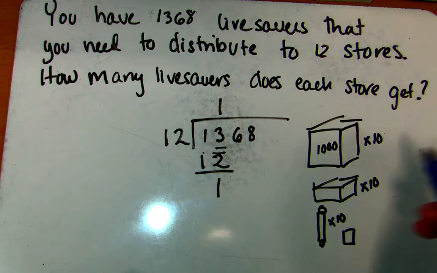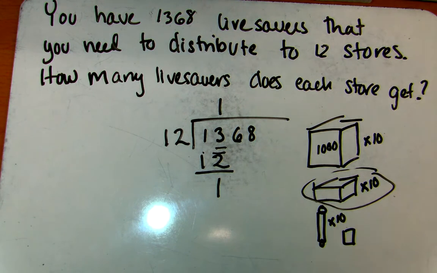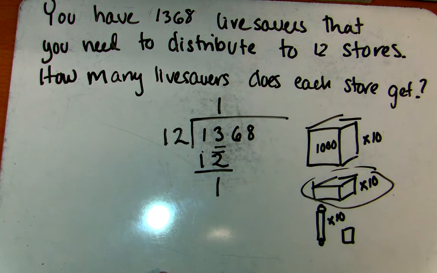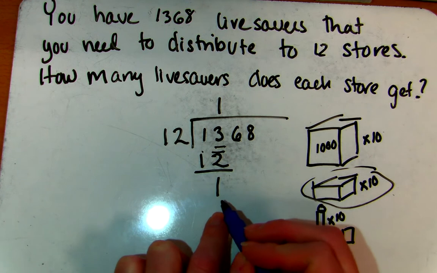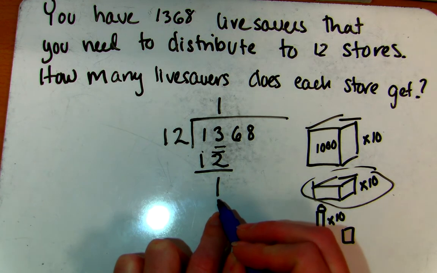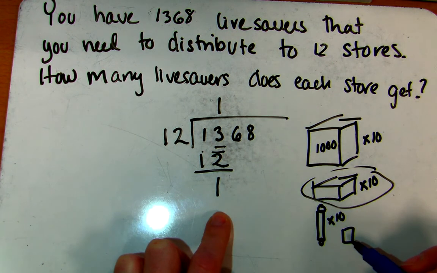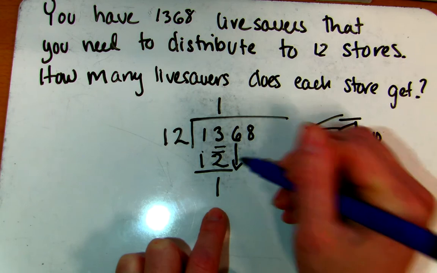So I have one of these boxes that represents 100 left over. And because I only have one of them, I can't split it into 12 groups unless I then go ahead and split it into rolls. Okay? So this represents one group of 100, but I want to change it for my rolls, which are groups of 10. So one group of 100 is going to be 10 rolls, and I'm going to add to that the 6